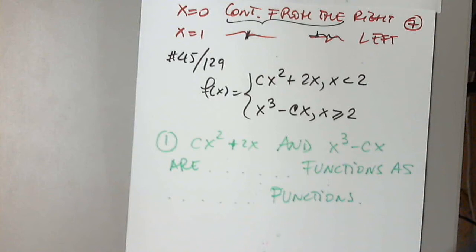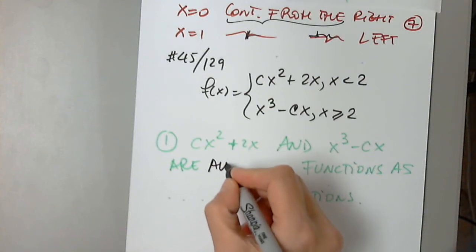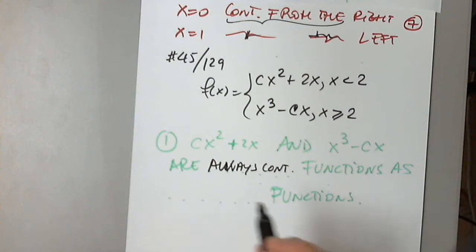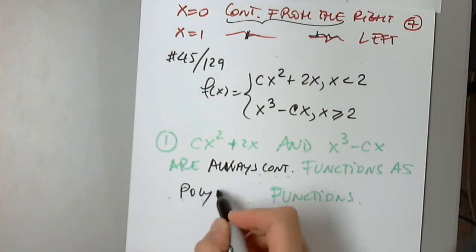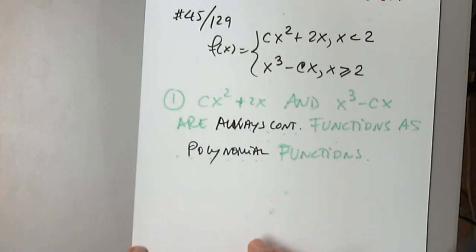So these two functions are always continuous functions. What type of functions are they? Exactly. So this is extremely important. They are always continuous functions as polynomials. They're always continuous, as we discussed a few minutes ago. Number 2,